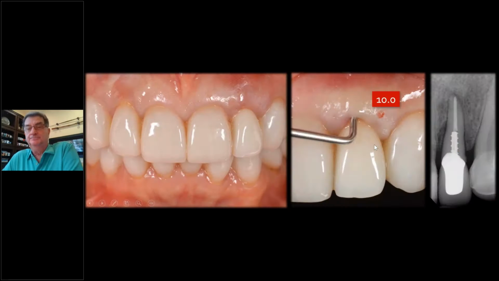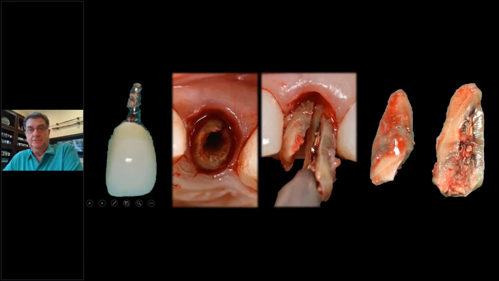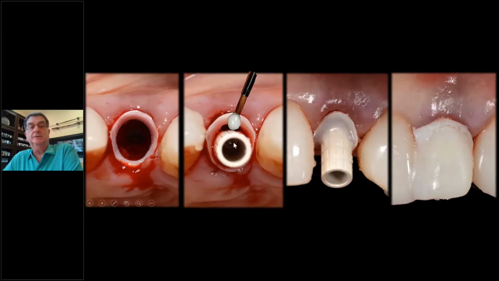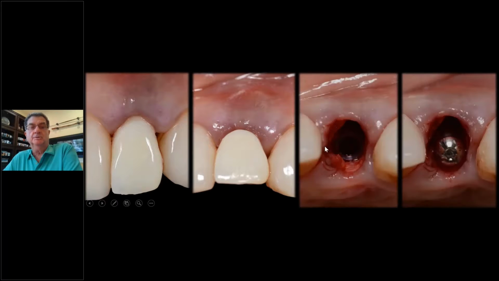Look at the buccal plate. There's the crack, classic crack. We're going to take it out. There's the fracture. Clean it out thoroughly. Place the implant. Look at the gap distance. Beautiful. Place the implant in. Here's the eye shell. Put some acrylic in there. Then put the temporary on top of that. So this keeps the tissue open. Okay. Then Steve's going to make the temporary, as you see here.